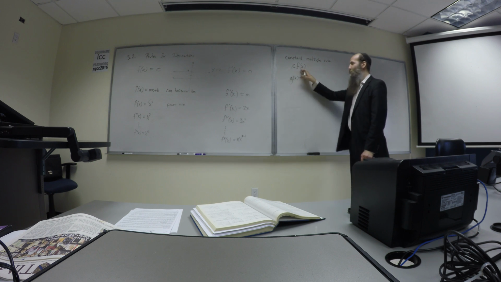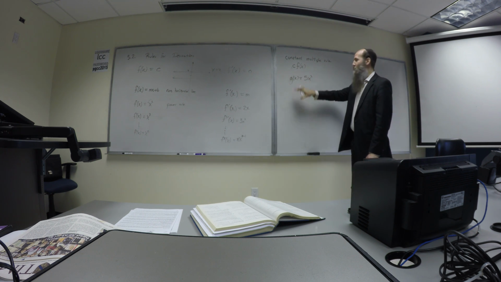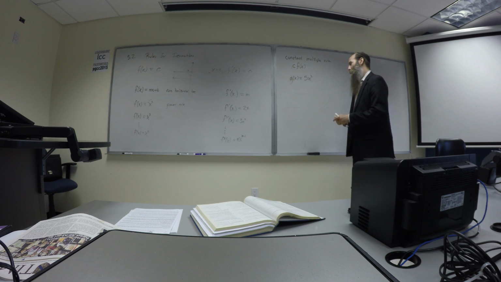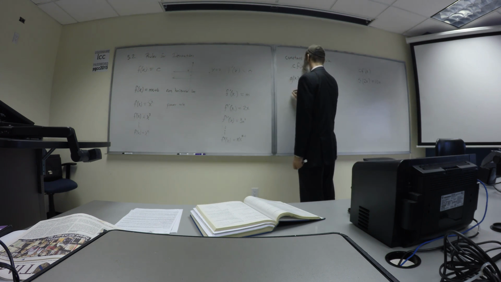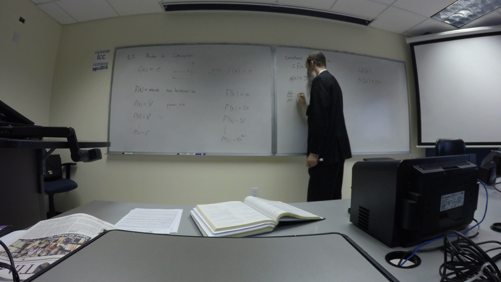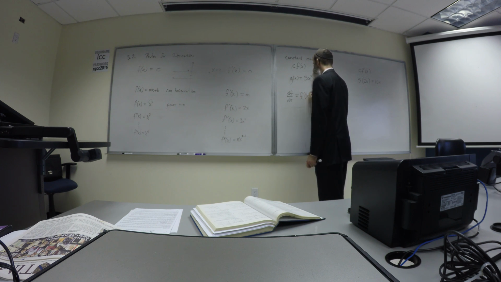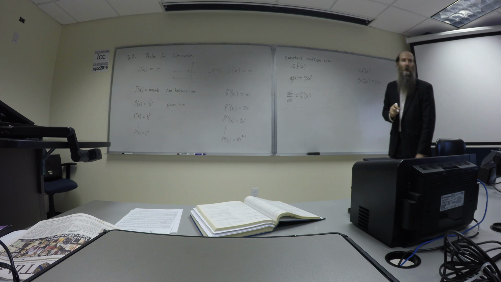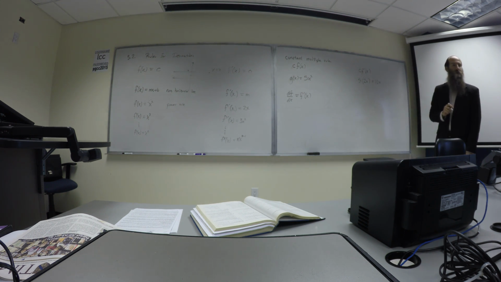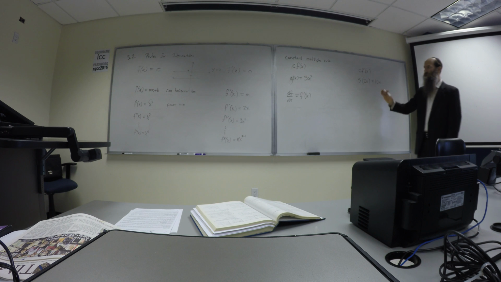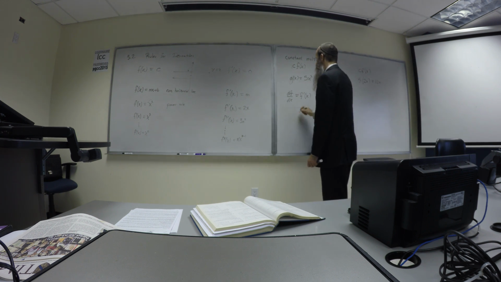So it doesn't just work for powers. This is any function, by the way. The few we have right now are powers, but this works for any function. Constant multiple rule. I would like to start introducing some alternative notation for these things now, and that is the dy dx notation, or df dx. So df dx is the same as f prime of x. These two things mean the same thing, right? But sometimes the d dx notation has an advantage when writing out these types of things. So the way I'll explain it now is this. Again, let's look at 5x squared. What I want to do is take d dx, d